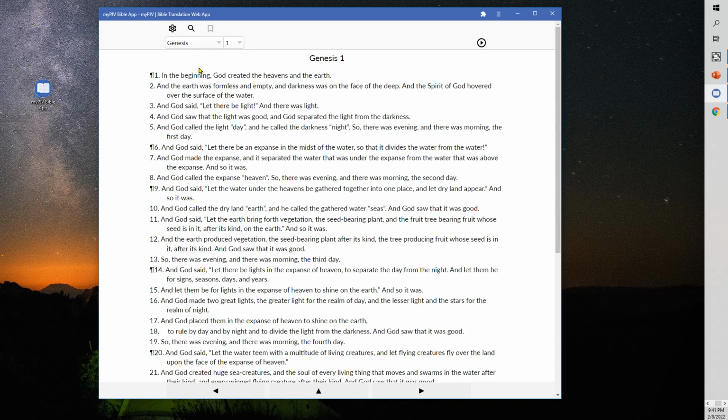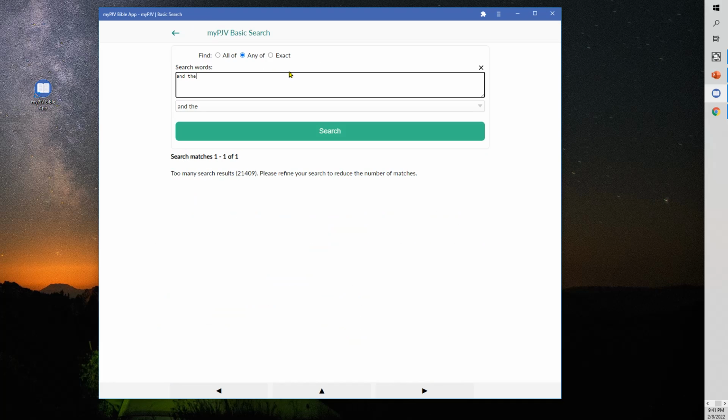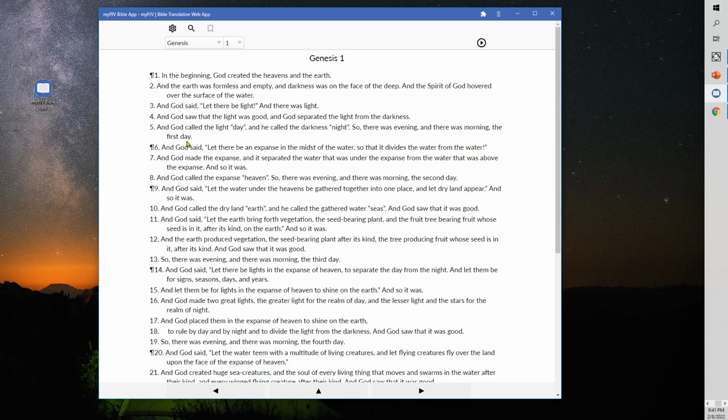Let me just go back there. All of the features of the basic search page are found in the advanced search page, so for the rest of this video I'm going to use the advanced page. So to cause the app to open the advanced search page by default, you need to go into